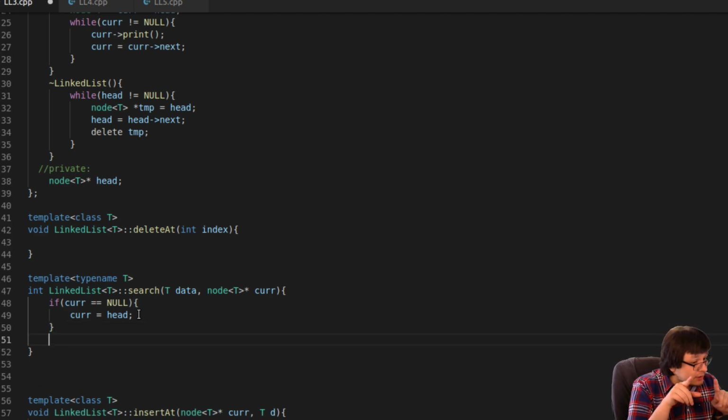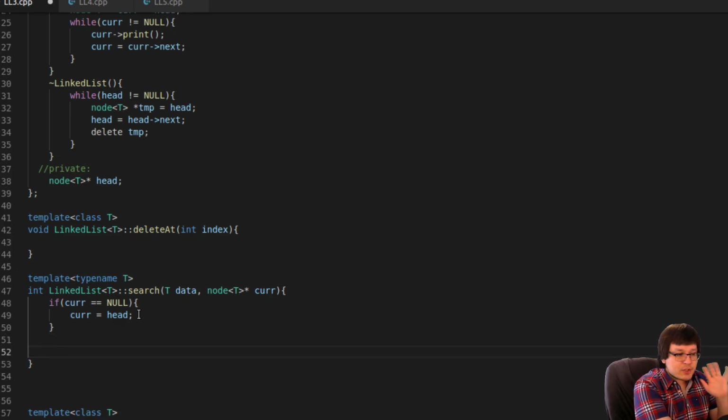Now there's a catch to this. I can never, ever call this function with null again, because otherwise it's going to reset to the beginning of the list, and I suppose we're going to have a circular linked list. So I want to make sure that I never, ever do that, okay? So also, I need to keep count of, this is trickier than I thought.